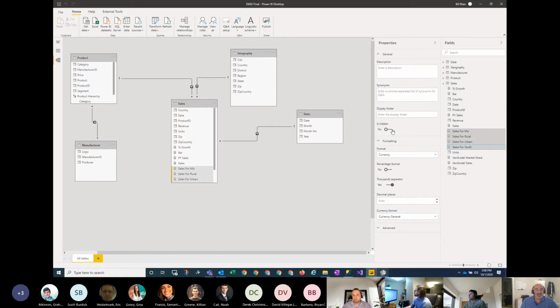And some of the things you can do, like changing it to hidden, changing the format, adding the 1000 separator, you can do across various measures or columns. So that's great. But that wasn't even available until recently.